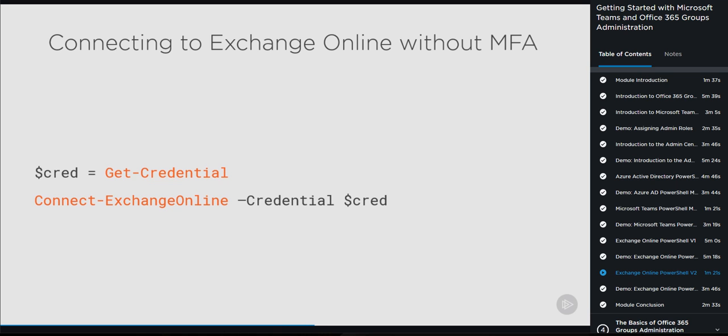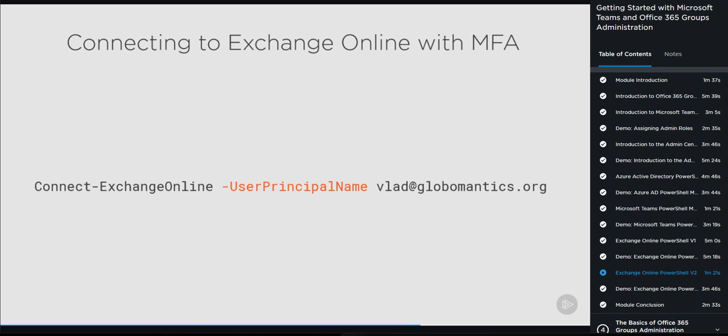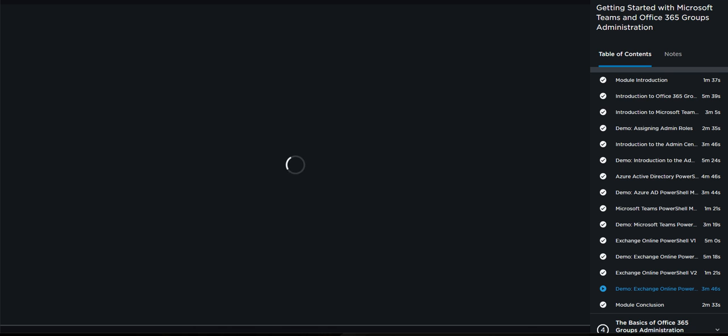So I will install it. Let's go to the PowerShell ISE here, and we will run Install-Module -Name ExchangeOnlineManagement. It will ask me again, because it's from the PowerShell Gallery, if I trust this repository or not, so I will say yes to all, and it's already done. I kept my credential variable, so if I type $cred over here, it's still valid, so I don't need to run Get-Credential again, and then I will do Connect-ExchangeOnline and give it the credential. It will take 30 seconds to actually get all of the different things that are needed, and then we are